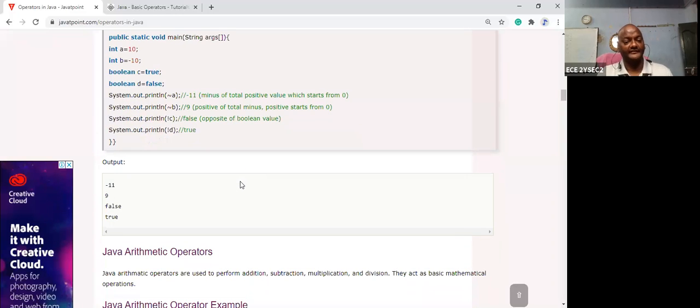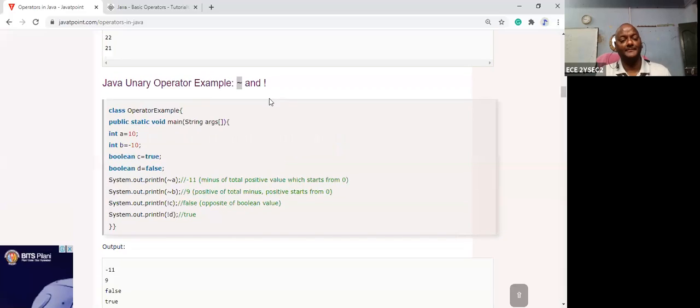Okay. All right. Suppose the not operator. So let us take the not operator. Let us take here System.out.print not C. Suppose C is equal to true. So what I'm giving in the previous, C is equal to true. By applying the not operation, it changes. So true is converted into false. So what is the C value initially? True. So that's why you're giving the Boolean.